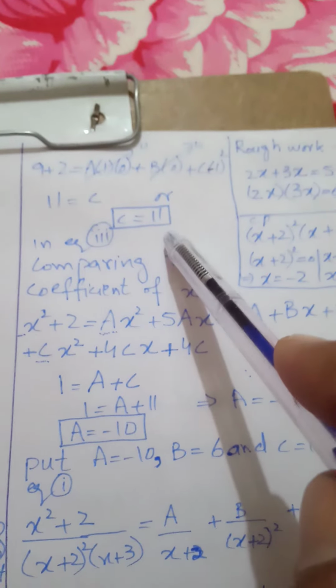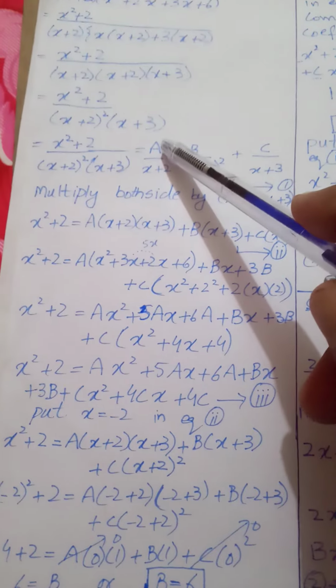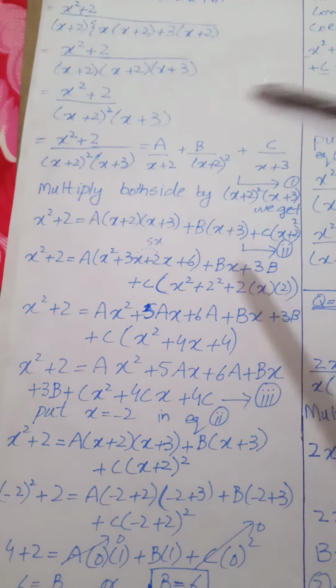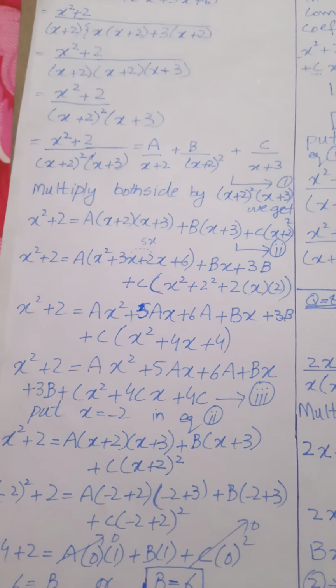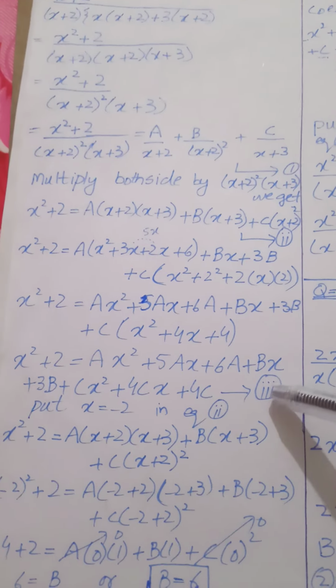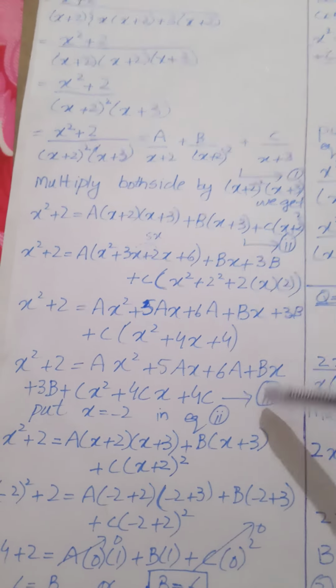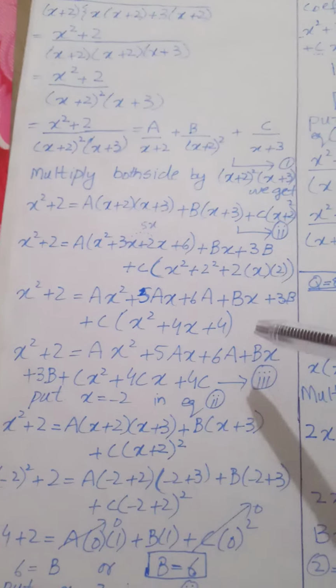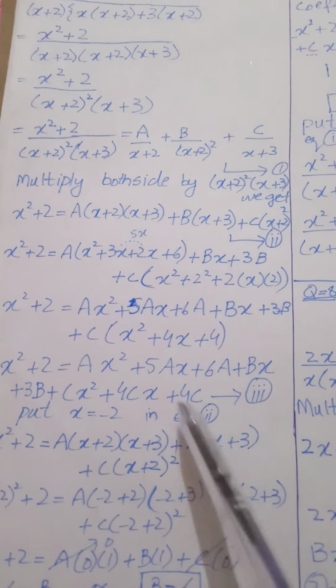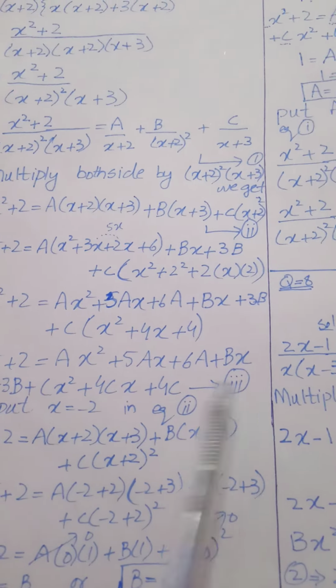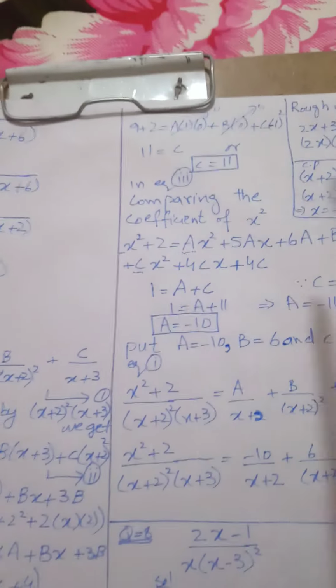This is the other term. First we found b is equal to 6, and then c is equal to 11. Now there is another constant a, which is unknown, but the other constants are found. Here we can use equation 3. This is a simplified form of equation 2. So first we write this equation 3 over here,